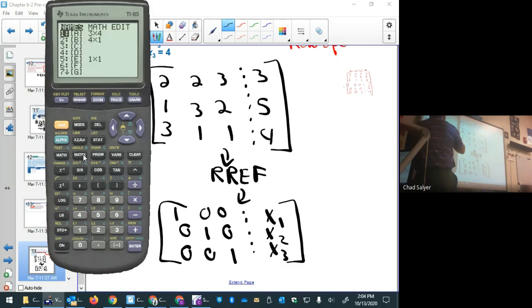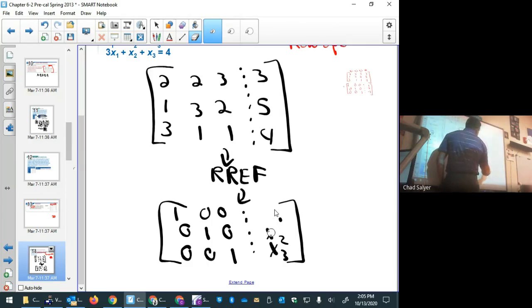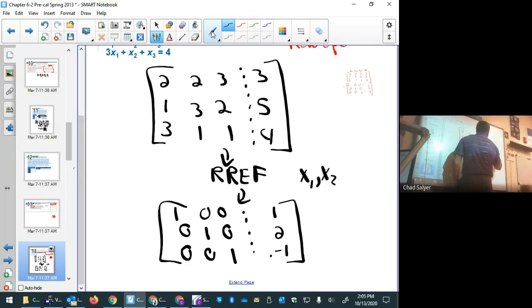So go to Matrix, Math tab, navigate up or down to option B, RREF, then call matrix A as the argument. You get this, so we see that x1 equals 1, x2 equals 2, and x3 equals negative 1. So 1, 2, negative 1. So x1, x2, x3 equals